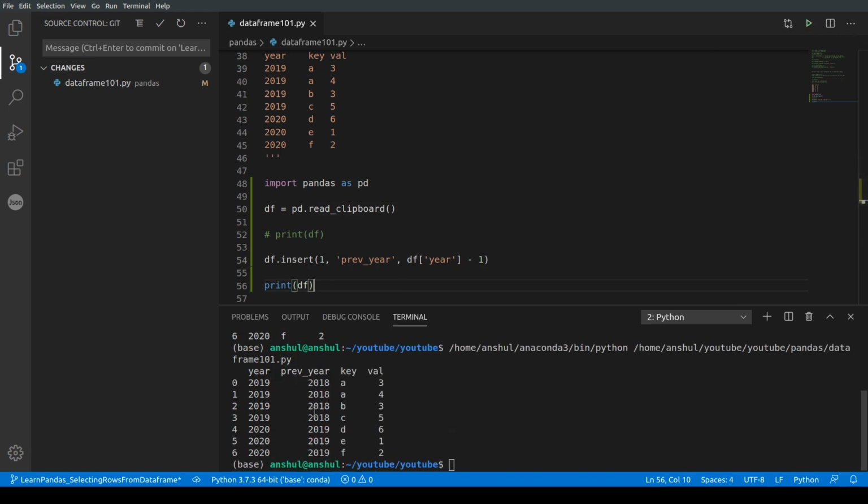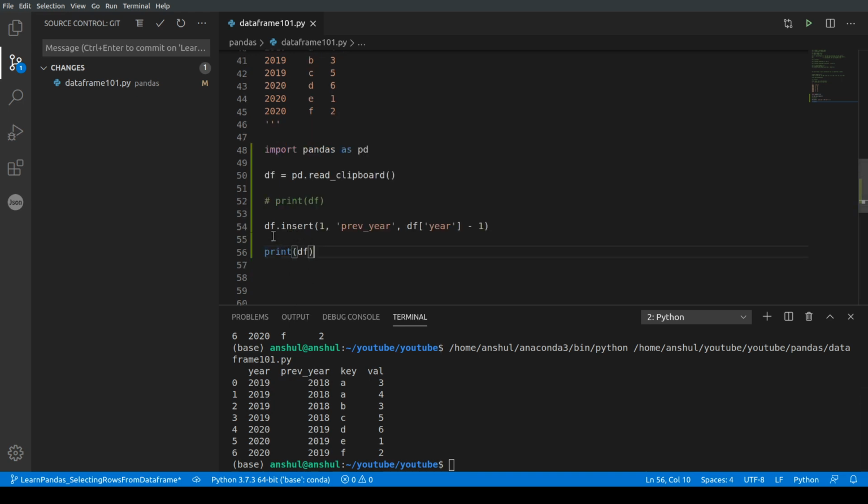Okay, so as you can see, now my column has got created and it has a value which is 1 less than this column. This is the beauty of this method. If I don't use the insert method and I go the conventional way of creating a new field in my data frame, let's say I just want to create this new field called previous year, and I say df previous year is simply 1 less than the year value.